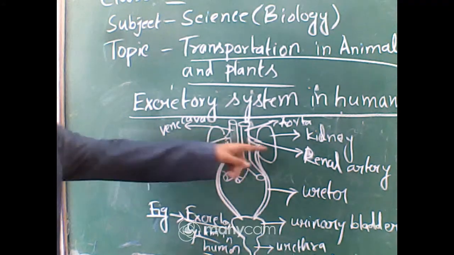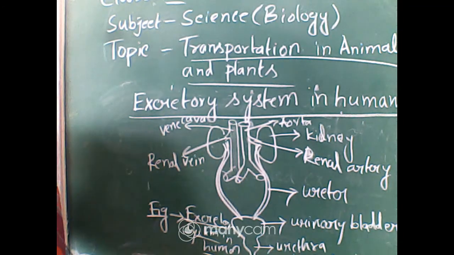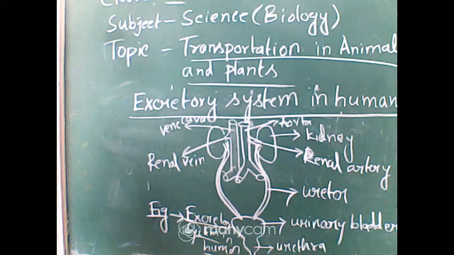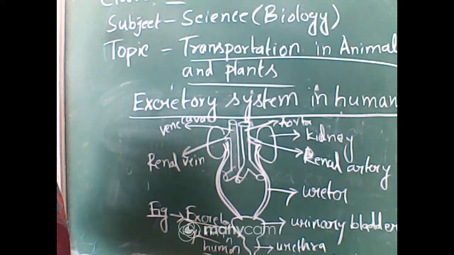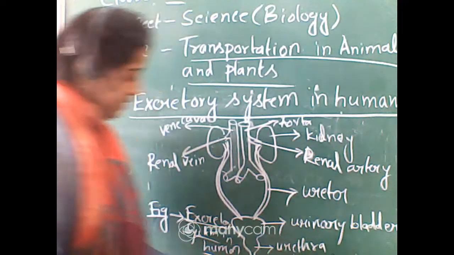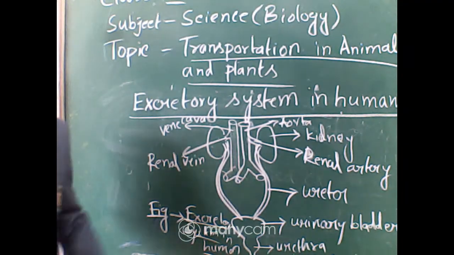One pair of kidneys, which means two kidneys are there, one on the right side and another on the left side. This kidney contains some fine blood capillaries that filter out unwanted substances from the blood in the form of urine. Okay, and such a filter mechanism to filter such waste material from the blood is required, and this is done by the blood capillaries that are present in our